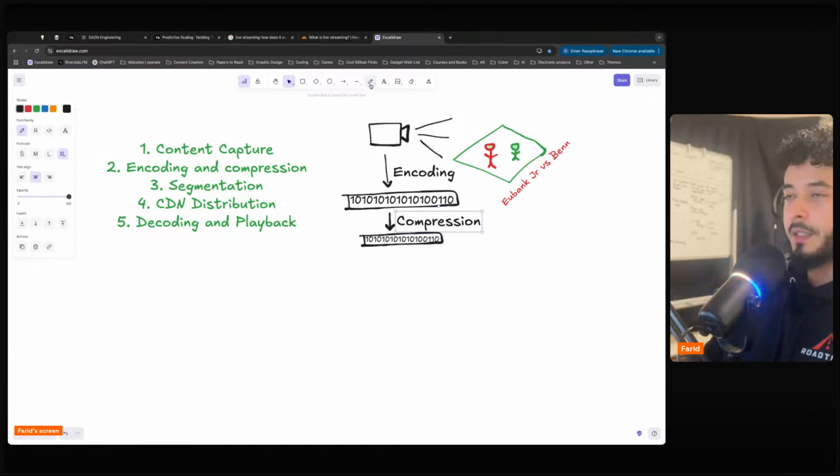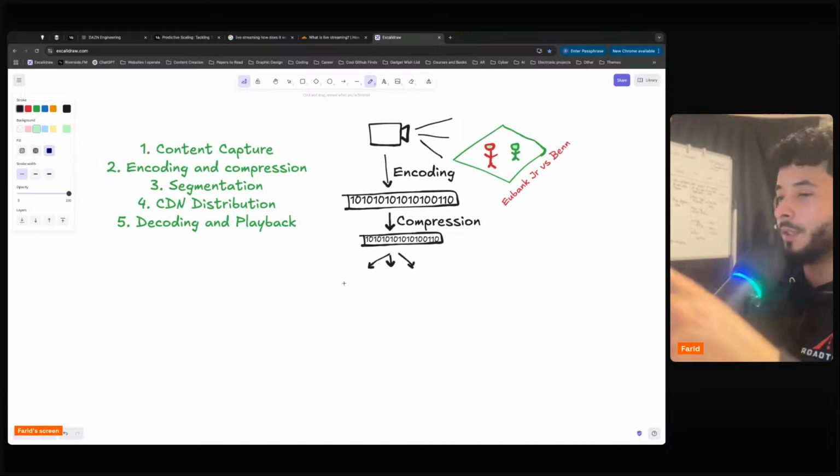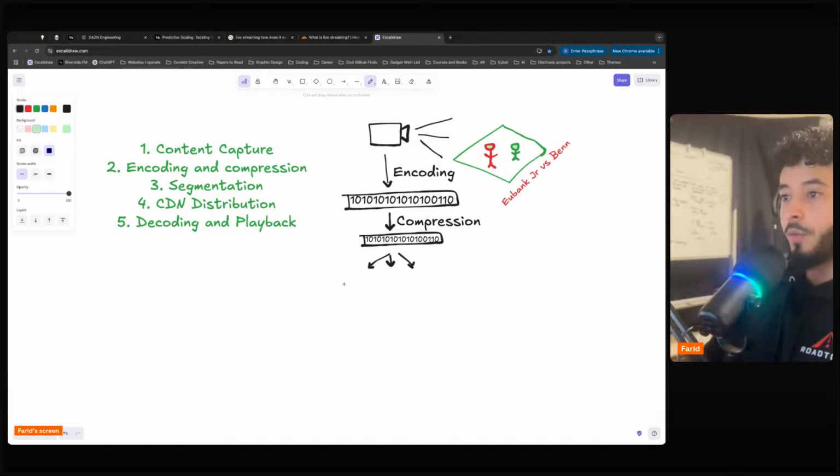And then the next step, segmentation. So essentially what segmentation is, we now take this compressed version and we chop it up into smaller pieces that we can then send to all of the content delivery networks that our users are connecting to. So let's break this down into smaller sections.